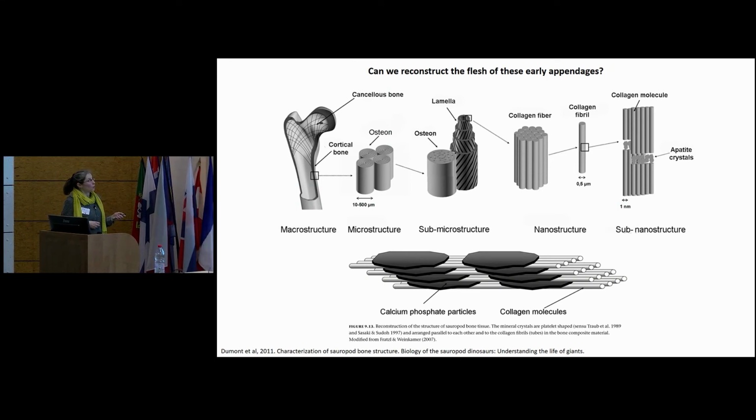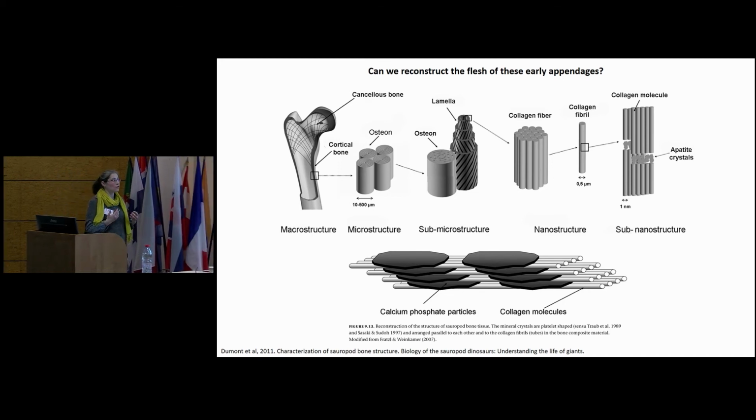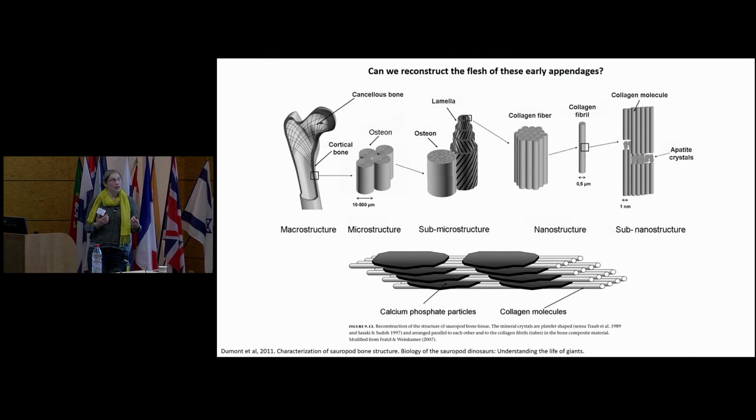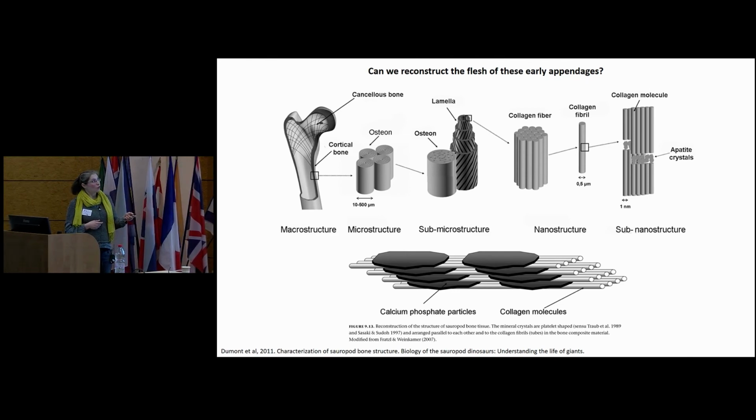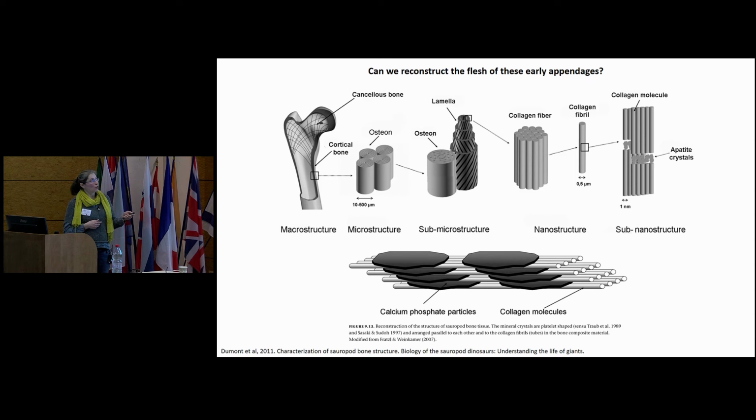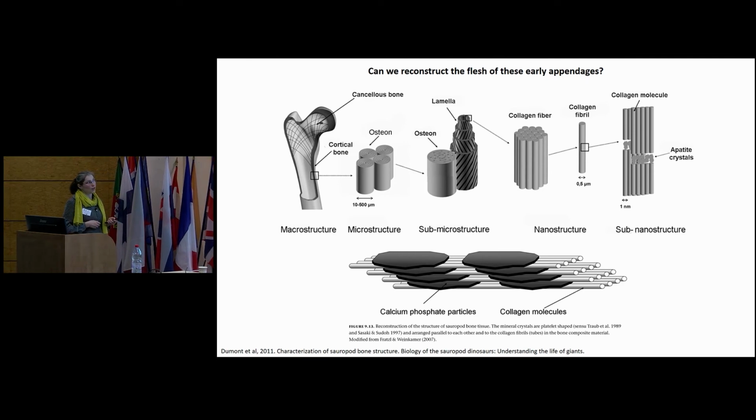So we know that in a bone, you have two parts. You have the organic element and the mineralized element. The organic element is made of collagen molecules, which are all together within collagen fibrils, which form collagen fibers, and then these structures are inside this part of the cortical bone. But during the development, this collagen molecule will be associated with apatite crystals. So that's the mineral part of the bone. And these apatite crystals are slightly elongated, and they align along the orientation of these collagen fibers.